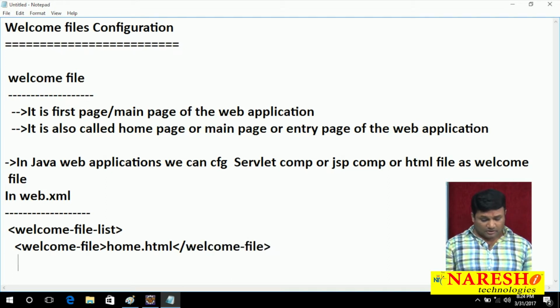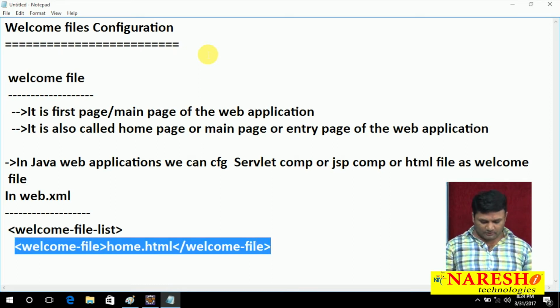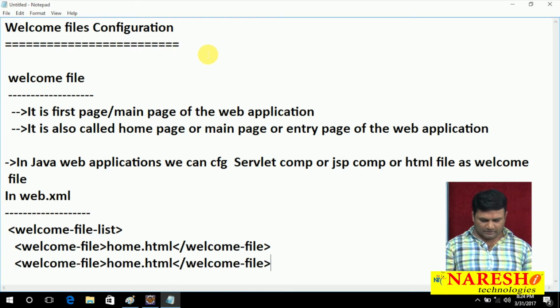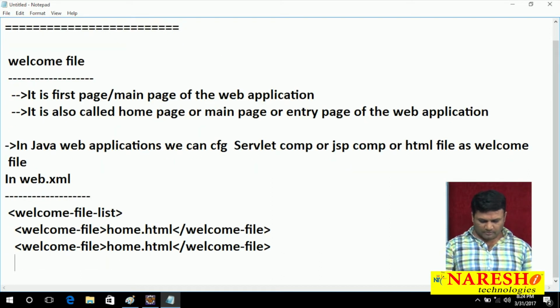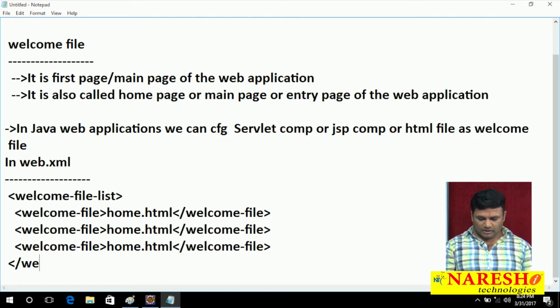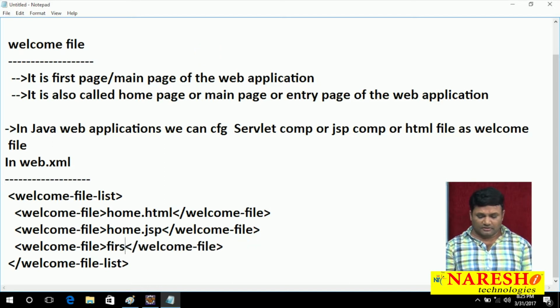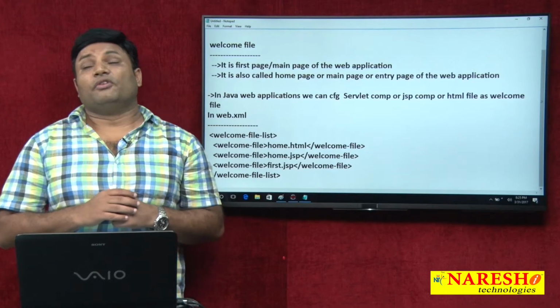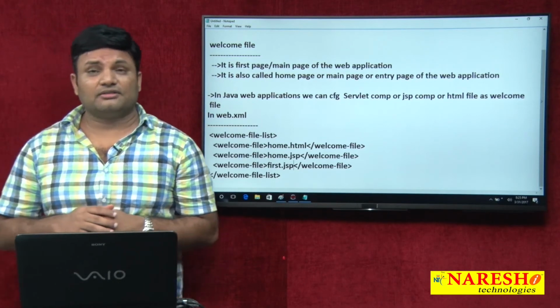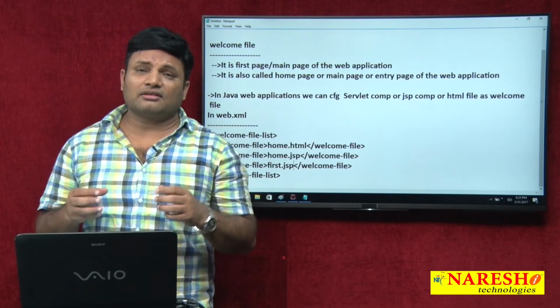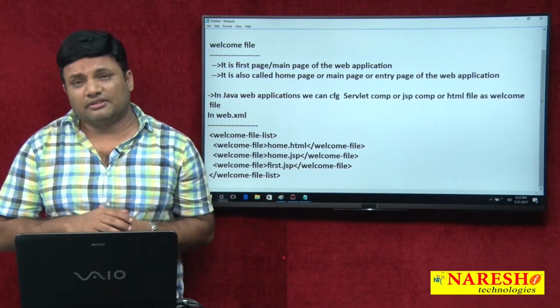Welcome file. So don't think that only one file you can configure here. You can configure multiple files. Copy, paste. Copy, paste. Here is welcome file list. Nice. Here let us assume welcome.jsp. Here I got first.jsp. When you configure multiple welcome files, the container or server in which web application is running